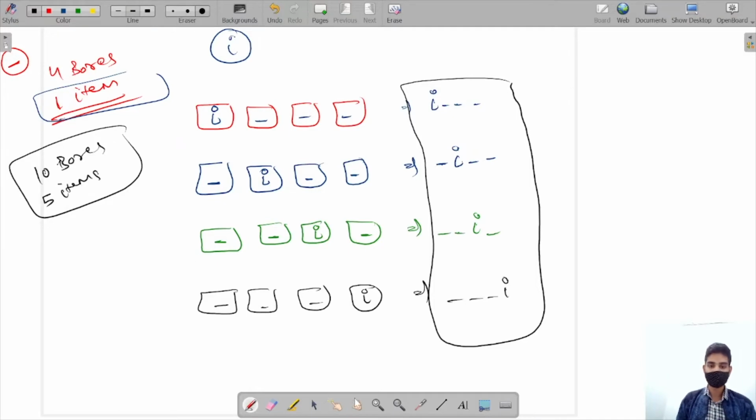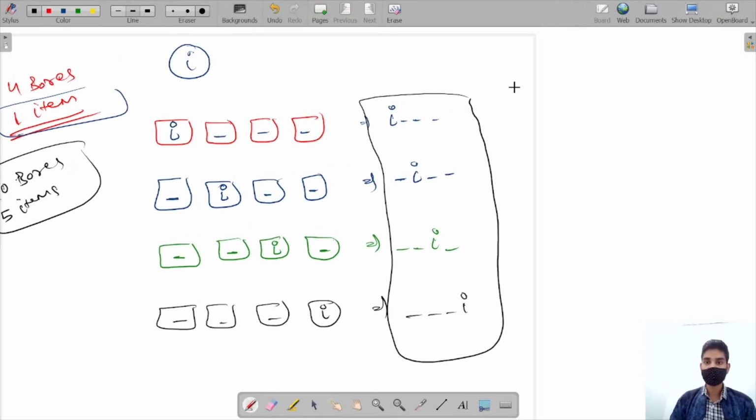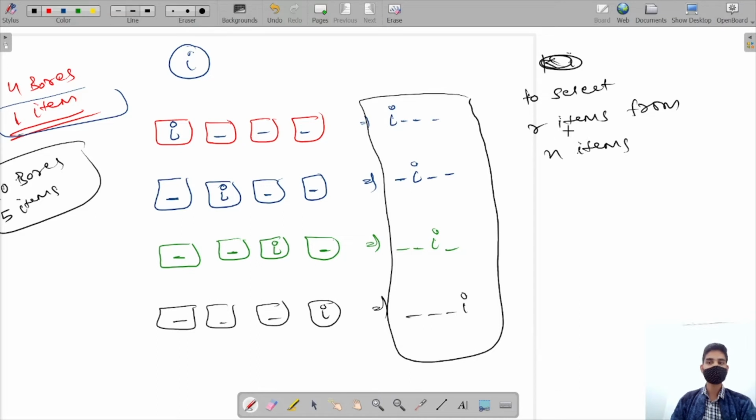We studied in childhood that to select r items from n items, the formula is nCr.